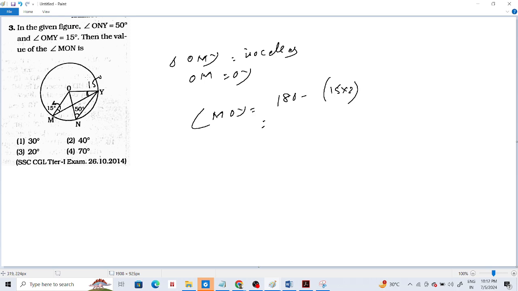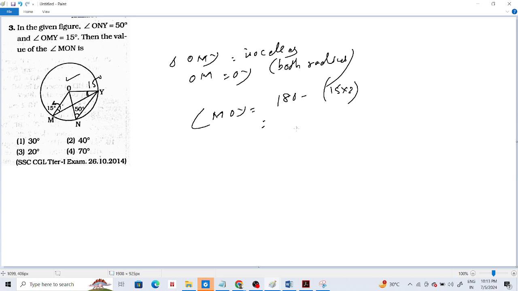এই যে OM is equals to ON, এই দুটোই তো রেডিয়াস, both of them are radius। স্যার ইকুয়াল টু তো বলে দেয়নি। যা বাবা, রেডিয়াস তো ইকুয়াল হবেই একটা সার্কেলের। In the given figure angle ONY equals to 50 degree আর angle OMY equals to 15 ডিগ্রি। স্যার রেডিয়াস ইকুয়াল তো কিছু বলেনি। একটা সার্কেলের রেডিয়াস তো সব ইকুয়াল হবে। সেন্টার থেকে অ্যাজিউমই করে নিচ্ছি। আরে অ্যাজিউম কি, ওটা তো সেন্টার, তাহলে ওএম আর ওএন তো রেডিয়াস, ঠিক আছে। তাহলে ট্রায়াঙ্গেল ওএমওয়াই আইসোসেলাস।